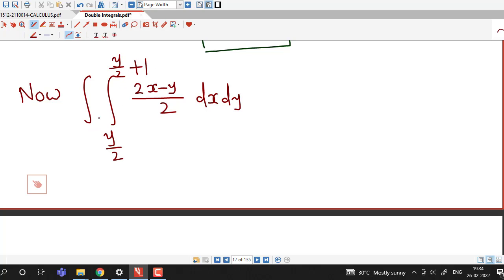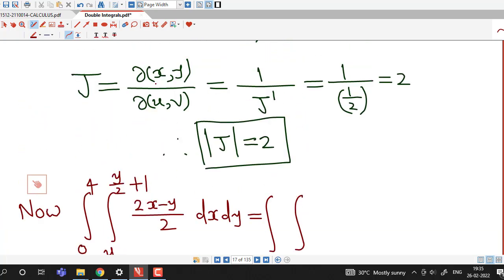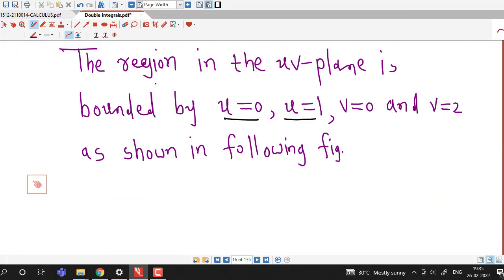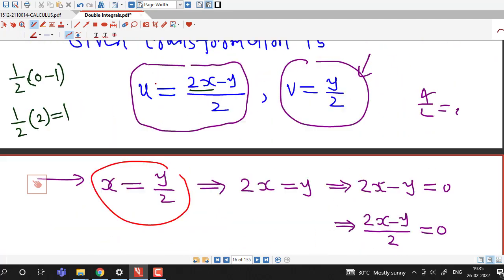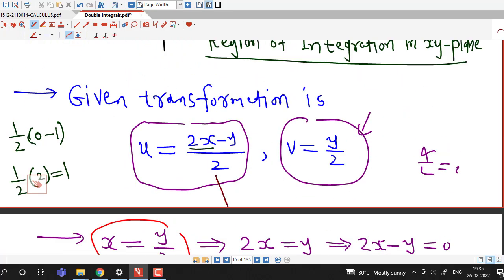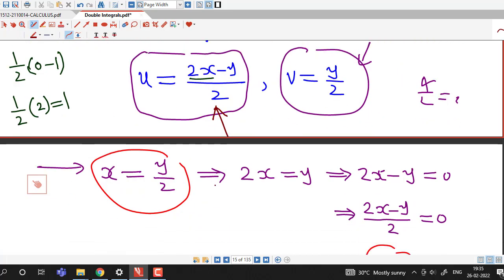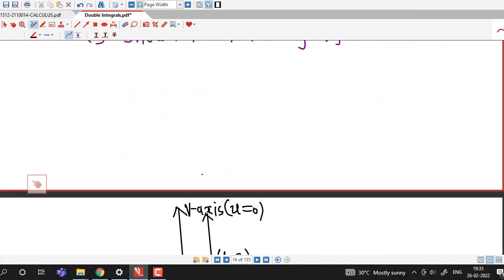X is from y by 2 to y by 2 plus 1, y is from 0 to 4. This is converted into, and we can see that this 2x minus y by 2 is equal to u, that is given in the transformation. So 2x minus y by 2 will be replaced directly by u,